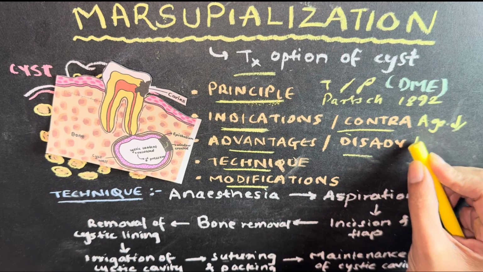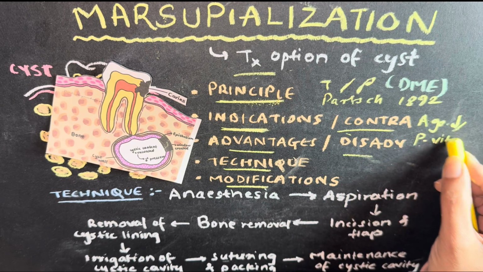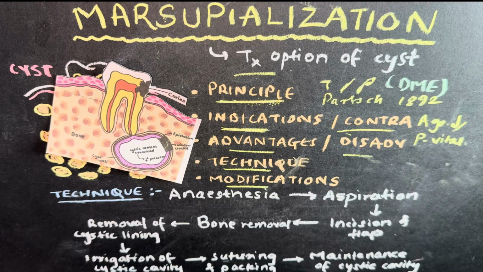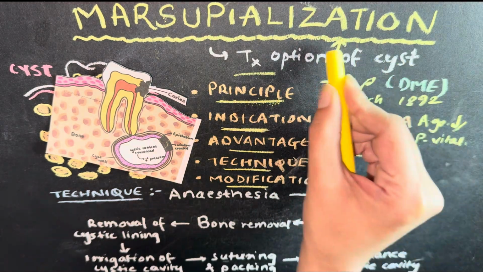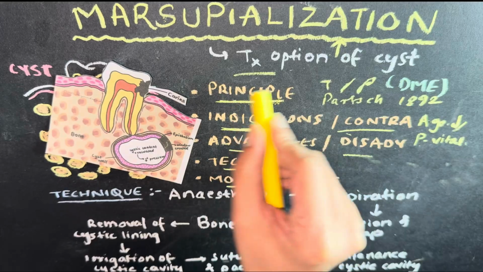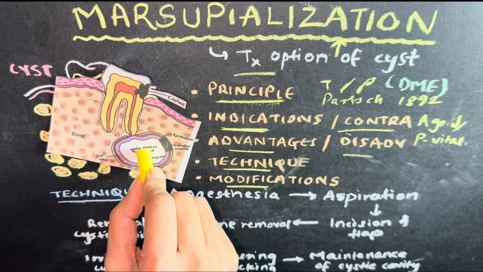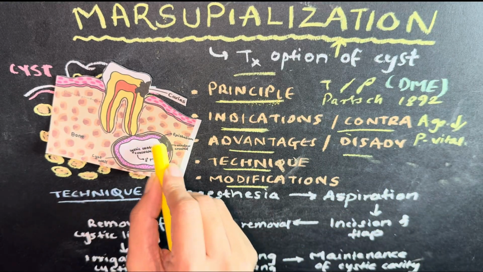The next is proximity to the vital structures. Now when the cyst is close to the vital structures like the maxillary sinus or the nasal cavity, and that would create oroantral or oronasal fistula, or it can injure the neurovascular structure, or it can damage the vital teeth, in that case you need to go for marsupialization. Why? Because enucleation basically is the complete removal of the cyst, but in this you are not going to remove the lining, only you are going to remove